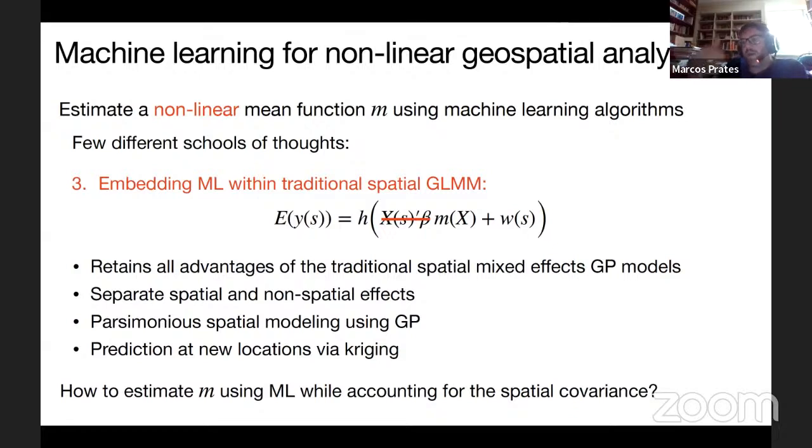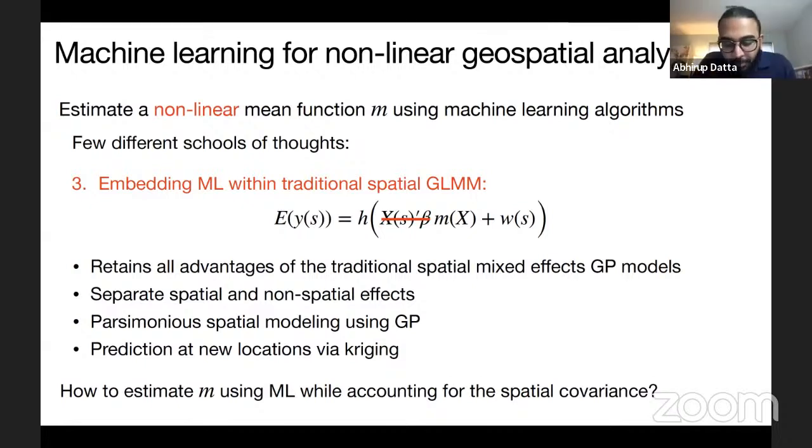If you try SHAP or any other method like that, you will have the contribution of the variable, but it's not a beta structure. It's not like I put in a logit and then I have the odds ratio interpretation, because they come up with some machinery to give an approximation of a linear interpretation, but it's not a beta that you can just put in the equation and solve. So you improve prediction, that's very clear, but how do you interpret those? If you were talking to a medical doctor, what do you tell him?